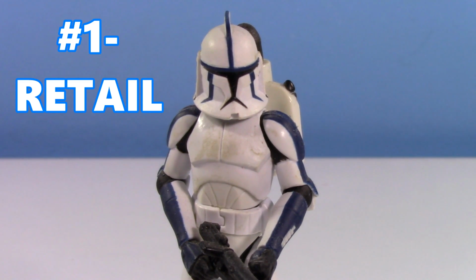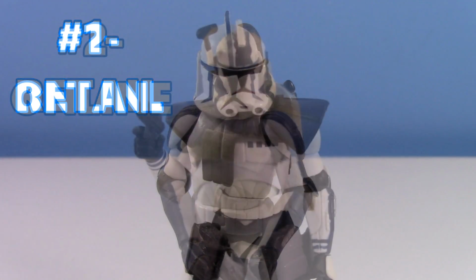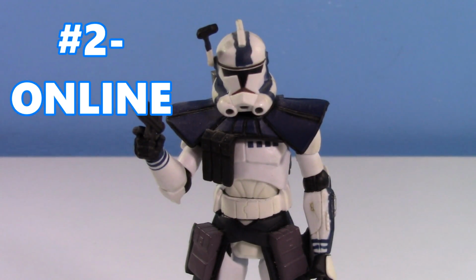And that's going to go to my next point: I got them from forums and just various other sites on the internet. Not including eBay. That's a different one we're going to talk about. Yes, many people never found the ARC Trooper Battle Pack from the Clone Wars. It is one of the rarest Clone Trooper sets ever. I myself did not find it back when it came out, and I could not order it online. But where I looked, I think it was rebelscum.com, I found someone selling their ARC Trooper Battle Pack for,